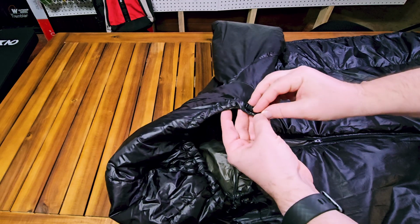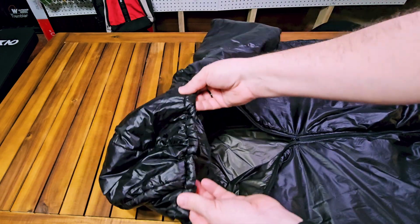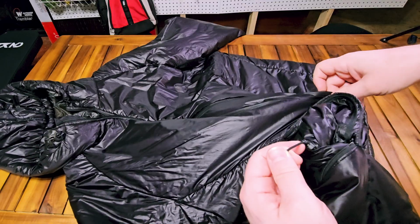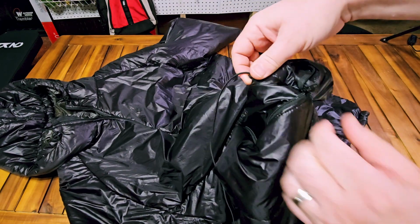So if you're camping out overnight and it's actually really cold, this actually might be a really good thing to wear at night in addition to your base layer. The pockets themselves are zippered. The waistband is also not just elasticized, but you can also grab onto, actually I think these are inside the pocket. Yes, they are. So inside the pocket you have these adjustable elasticized strings, so you can actually really tighten down